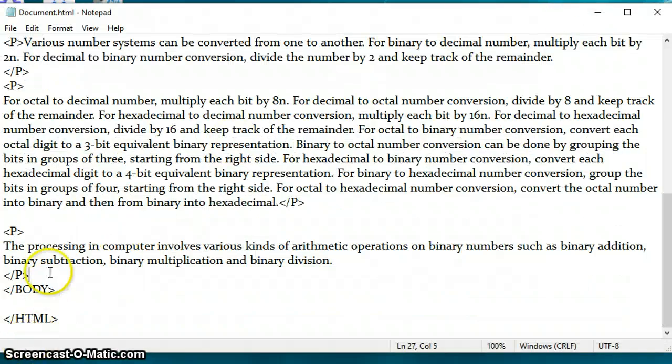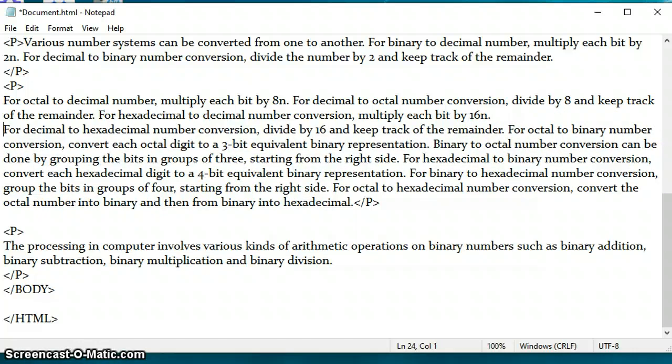Now the next tag which I want to tell you is the break tag. Paragraph tag and break tag have a minute difference. When we use a paragraph tag, it adds a blank line in between the two paragraphs. Like here, one blank line is added, but the break tag is used to move the cursor to the next line. If I want a break here, I will use the break tag.